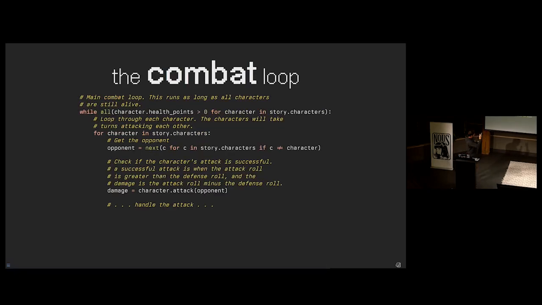So we can go in here and do this combat loop. I'm going to have these characters fight each other, just roll for damage, and then we'll have a language model describe what they're doing to each other, basically. And all this loop does is, while all our characters are alive, each character takes turns fighting each other, and then we roll for damage. So the character taking the turn gets to attack the other character.